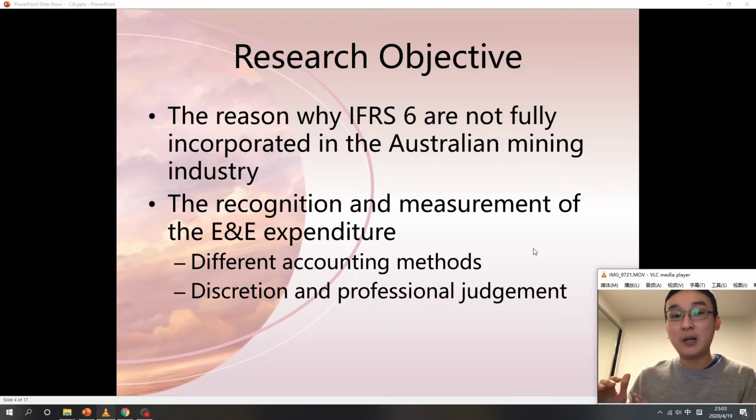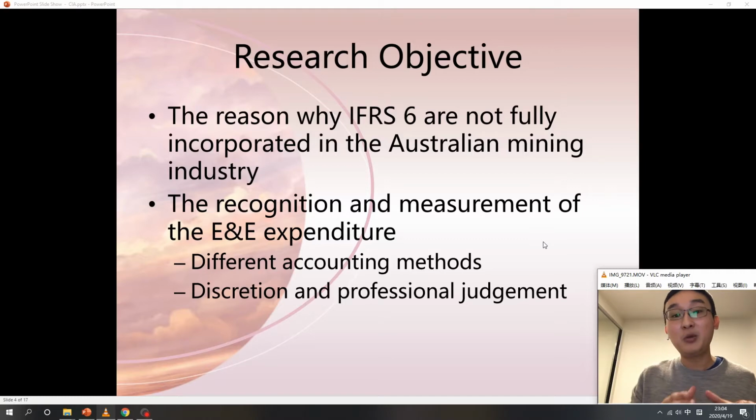Next, we would like to examine, under the method that they've picked, how it has impacted their firm's financial statement before and after the adoption of IFRS 6. This will allow us to examine the impact of the adoption of IFRS 6 and find out whether the adoption has generated a positive or a negative impact. And then, depending on the answer for question number 3, our approach to question number 4 will be different.